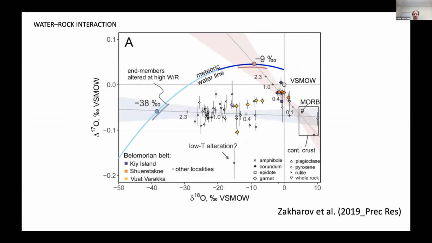So David Zakharov picked this up, and he measured a lot more localities than I did and also recalibrated my data. This is now another representation of Karelian samples. Now the meteoric water line is a curve, meaning that we are now using a cap 17O that is just calculated from the normal delta notations, which has the beauty that mixing lines become linear, and then it's easier to see what mixing does. So David Zakharov observed these samples here at other localities that indicate much higher delta 18O